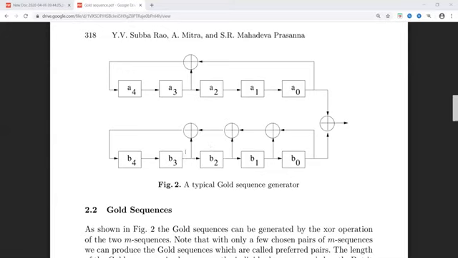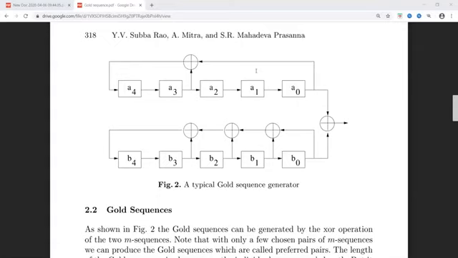That means you can keep any one of the sequences, either M1 or M2, fixed, and vary the other, that is, L cyclically shifted versions of another sequence are added mod 2 with this M1 using the mod 2 operation. Is that clear to you? Any one of the sequences should be kept fixed and the other varied. It can be either M1 or M2. Keep one constant, vary the other one.